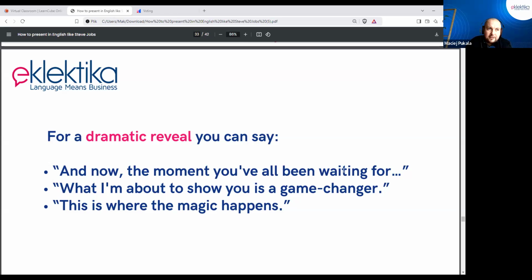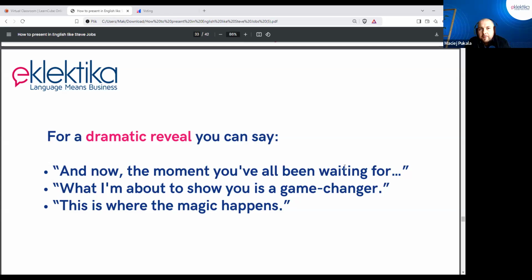Like I said, the standard used to be, okay, deliver the news in the main part of the presentation, and then summarize. But this is something that he actually went against, and it worked in a different way. At the end, he would show a product, and at the very end, he would show some fantastic functionality that could really, I would say, disrupt the market in some way. Can you use this in some way? I believe so,